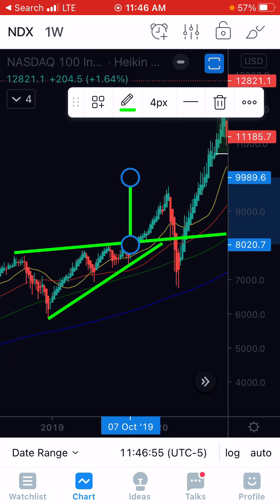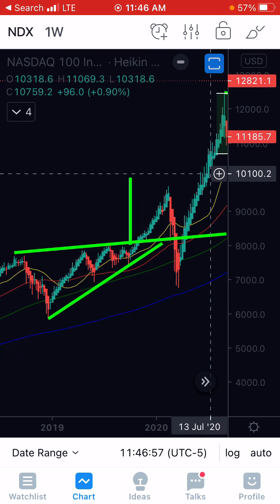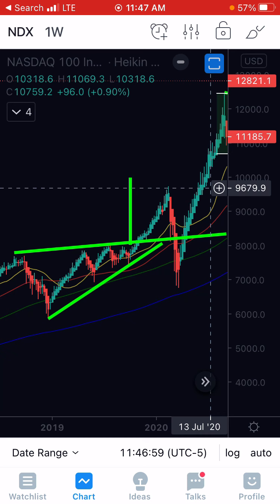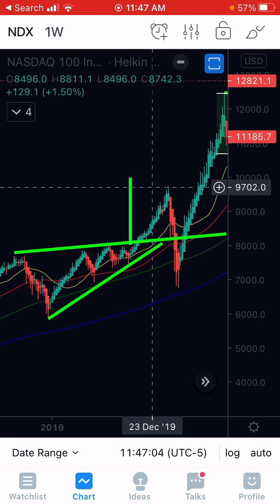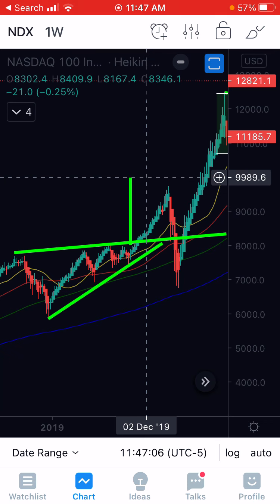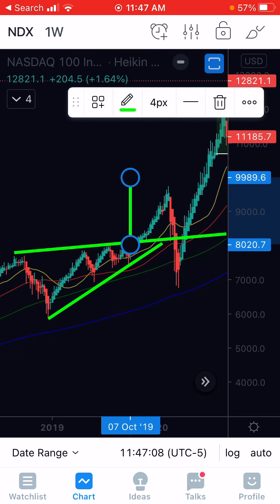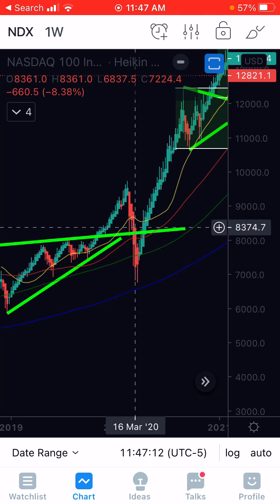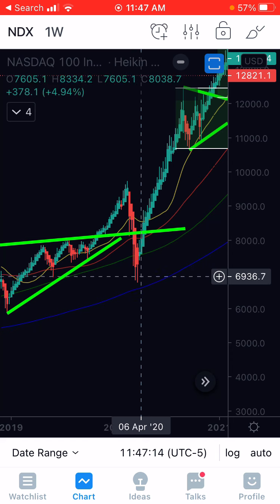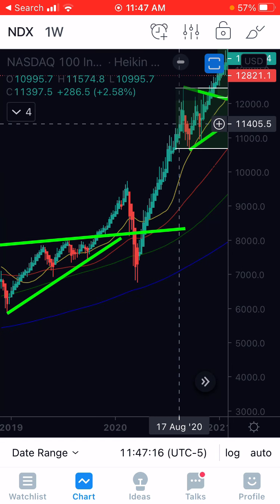And we broke out. Okay. A little bit higher target. That's why I always take my profits sooner, because you never know. Look at this. 97 had a target of 99. So we came back down to retest this. We failed. We came down here, got a bounce, ran all the way up.